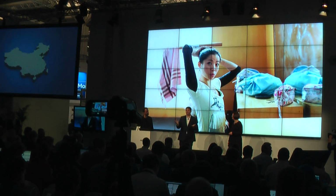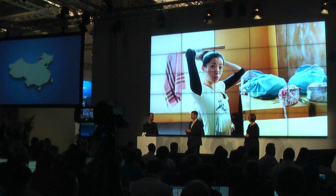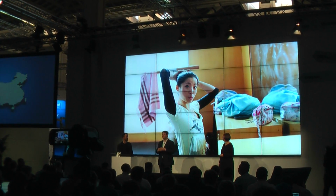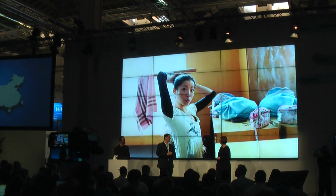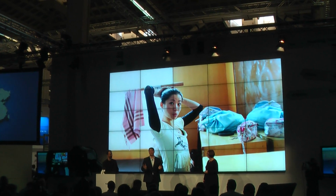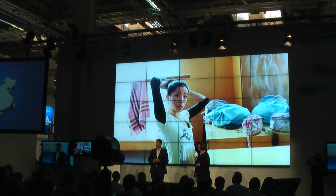Well, since CES, we've been showing how Windows Phone makes it easier to do what we want on a smartphone. We're doing that again here at Mobile World Congress, and are surprising people with how Windows Phone is simply faster than other smartphones. I'm excited, because 2012 is a great year for the Windows family, and it all starts with Windows Phone. Well, Terry,